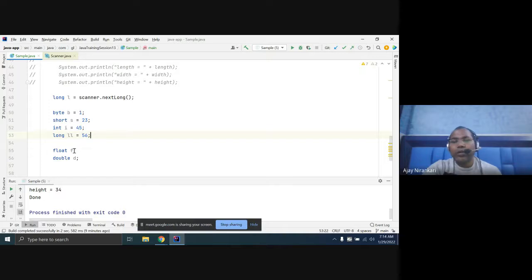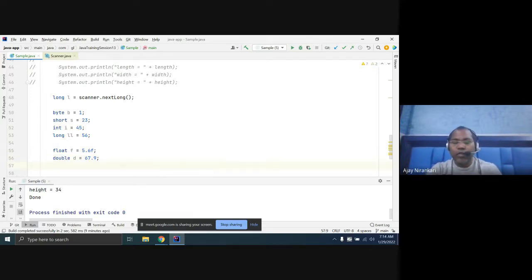For decimal, like 5.6, you have to specify float here, and here you can specify any number. By default, what is the default? The default is integer. Any number is considered integer by default. For decimal numbers, Java by default supports double, but they have different data types.